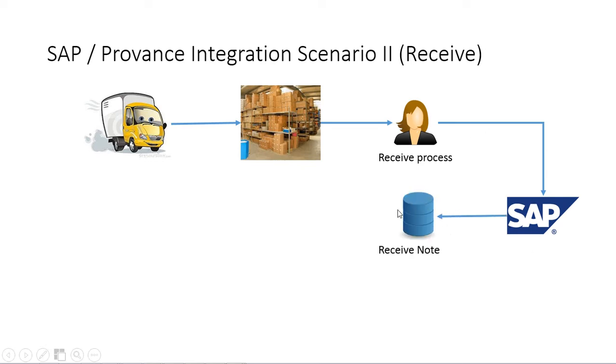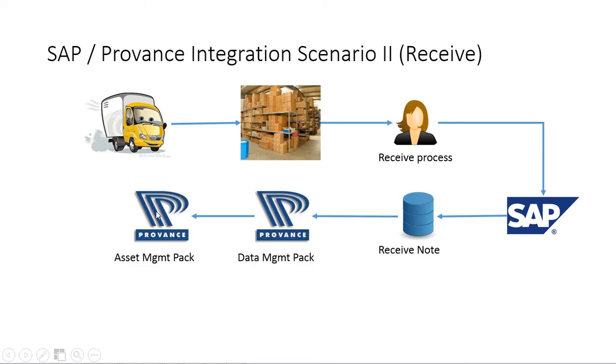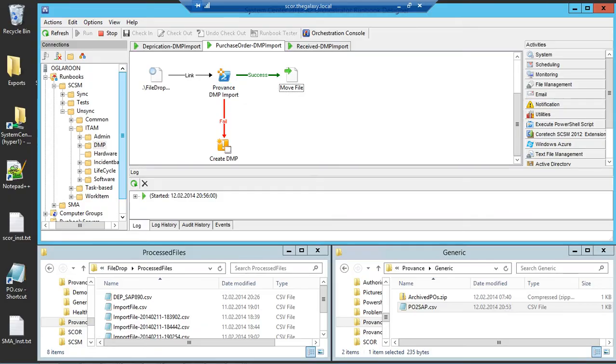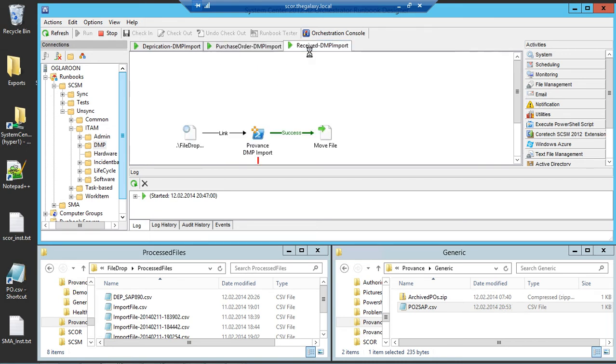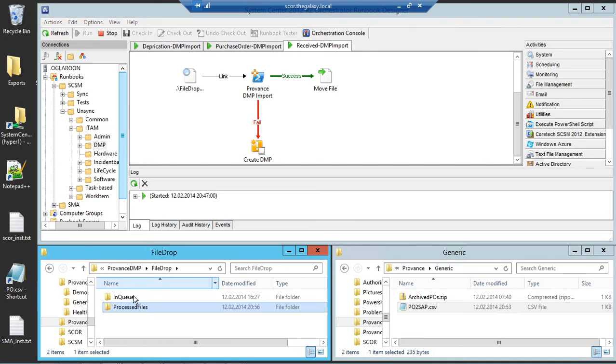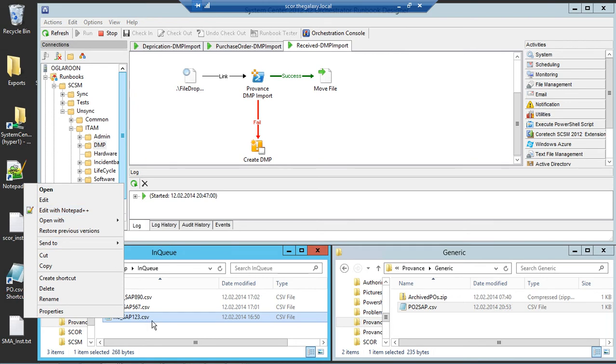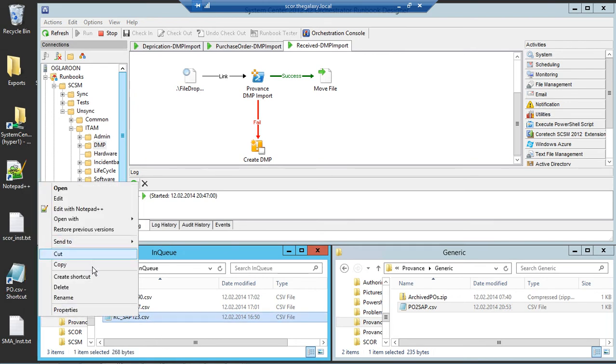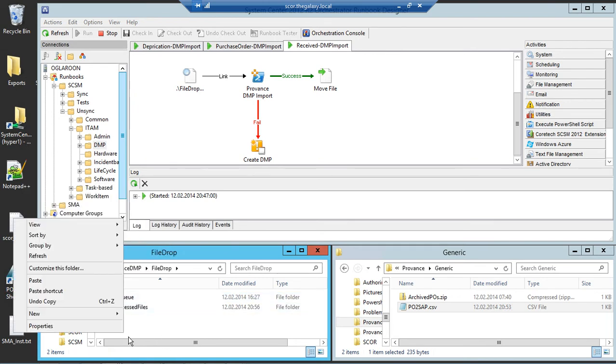Again, after it's stored, we want to have that information in ITAM as well, so we use the same technology as before and pump that data back to our asset management so that the ITAM manager knows what's going on. So there is a prepared runbook already. It's called Received. It is waiting for a receive file. I simply drop that file now to our file drop folder,